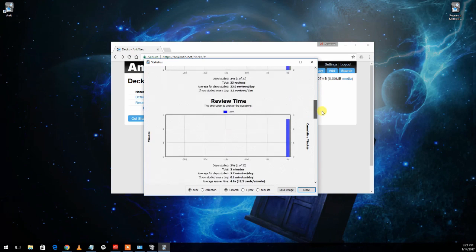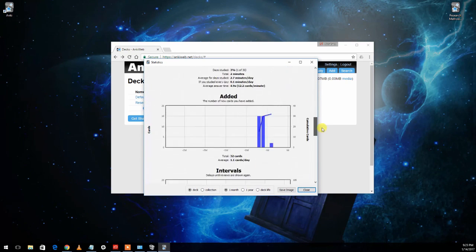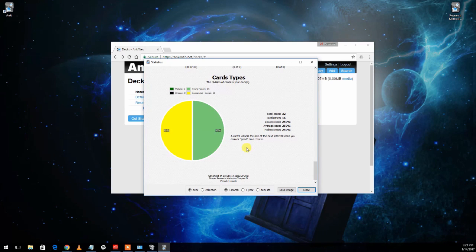A lot of this is not stuff you need to look into, but I think the most useful, sort of straightforward thing it shows you is down here at the bottom. It gives you a little pie chart which tells you the total number of cards in the deck, which at the moment is 32, and it shows you your status on them. So at the moment there are none we haven't seen. So we've seen all the cards except for some that were maybe related to what we practice with,